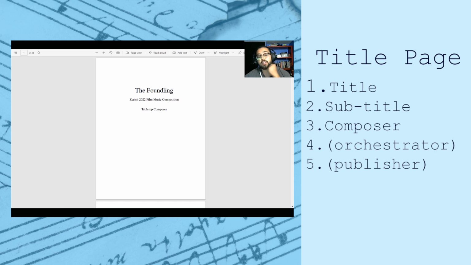Now, the way you actually format this information can depend a little bit on your own sense of style. Personally, I prefer to just keep it all in the middle of the page, but you are welcome to explore different styles if you'd like. I would recommend starting by just checking out some scores online or finding some at a nearby library